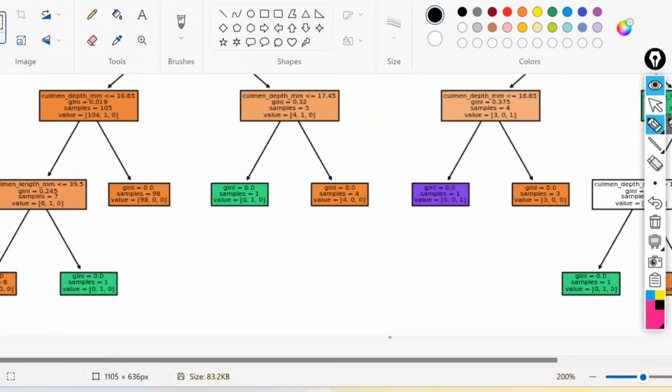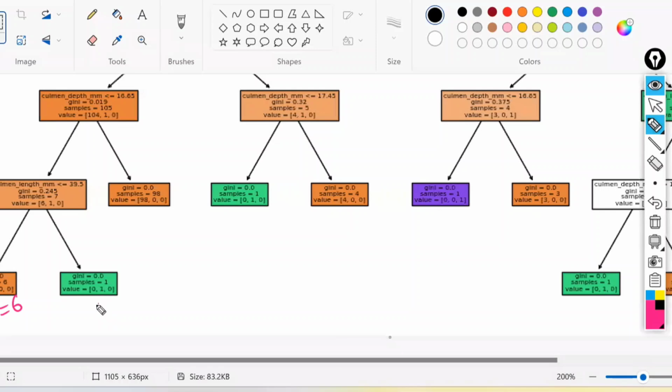This is a leaf node, and if you observe the numbers, it shows 6, 0, 0. What does 6, 0, 0 mean? It means class A has 6 values, class C has 0 values, class G has 0 values, so it belongs to class A. Total 6 records are here.